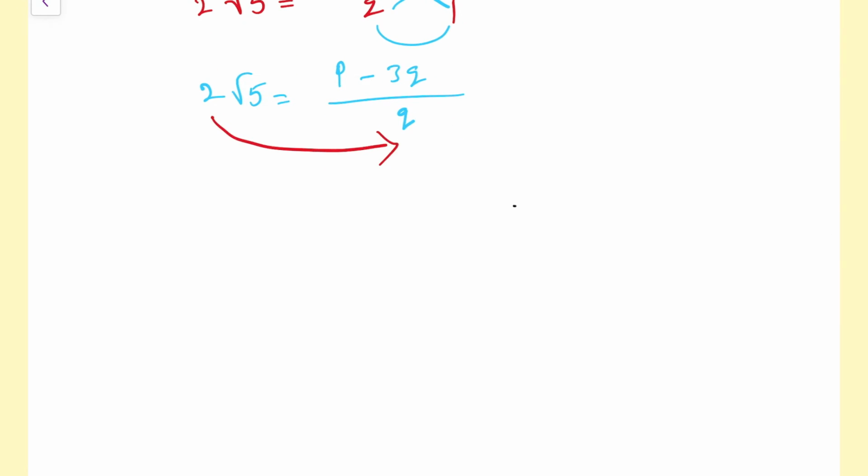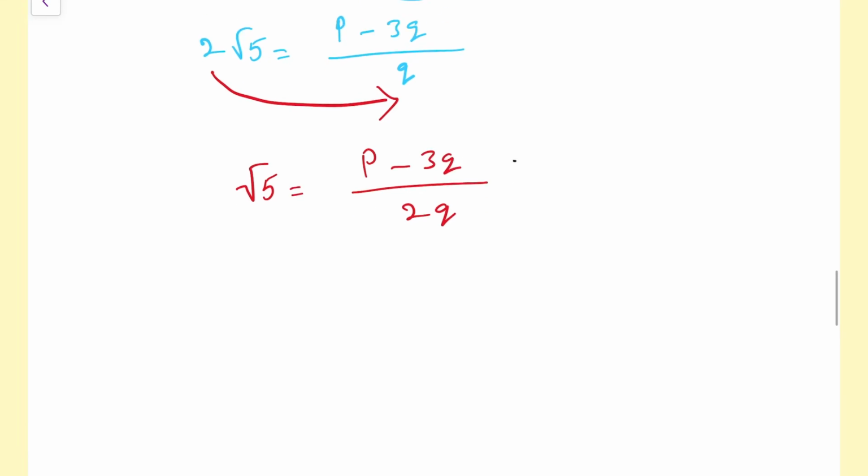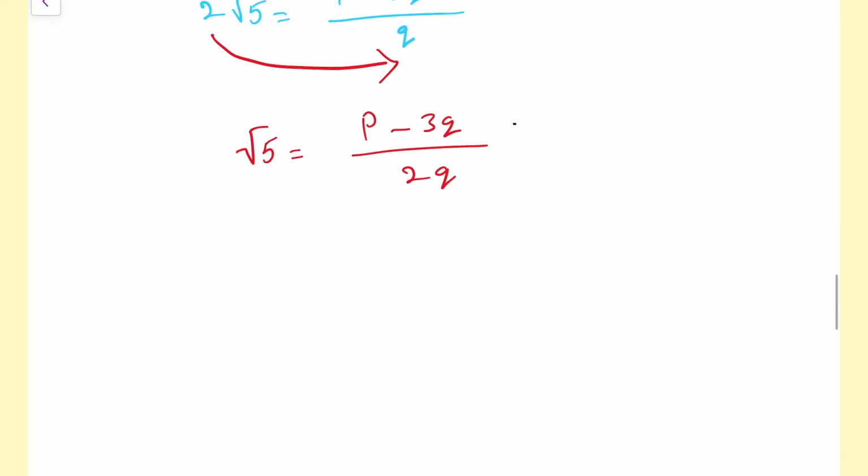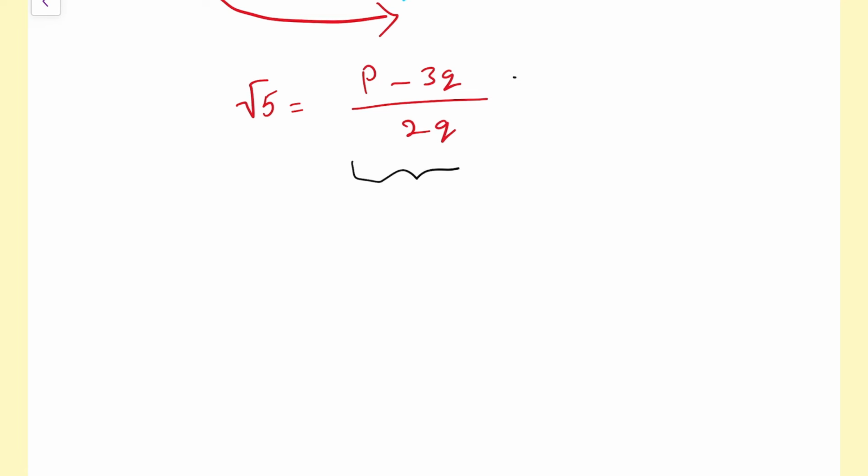Taking 2 to the right side, root 5 equals (p minus 3q) divided by 2q. Now, in the beginning we took one condition, that p, q both belong to integers, right? So if we observe this right side part, we have the alphabets p and q as well as 2 and 3. So as 2, 3, p, q are integers,